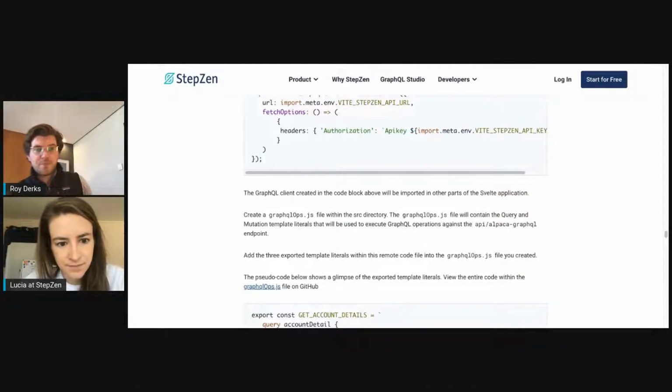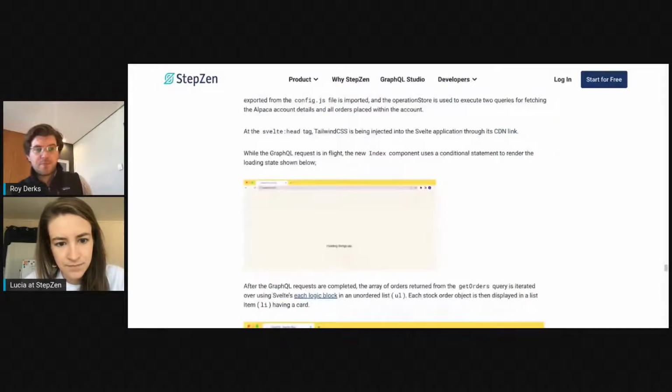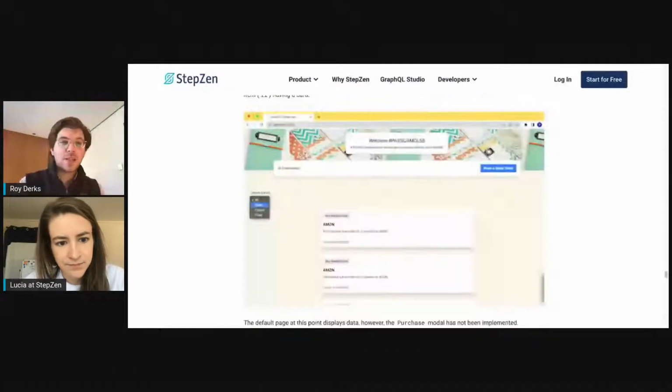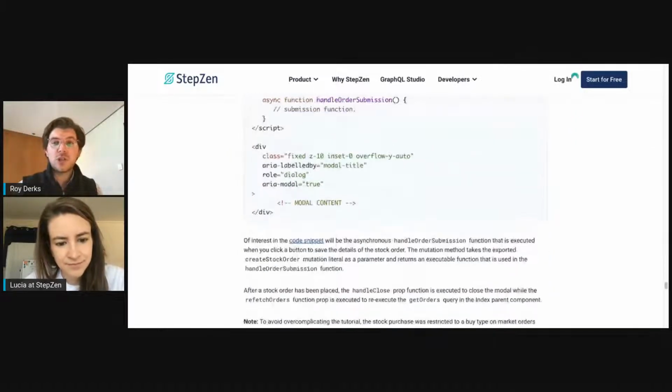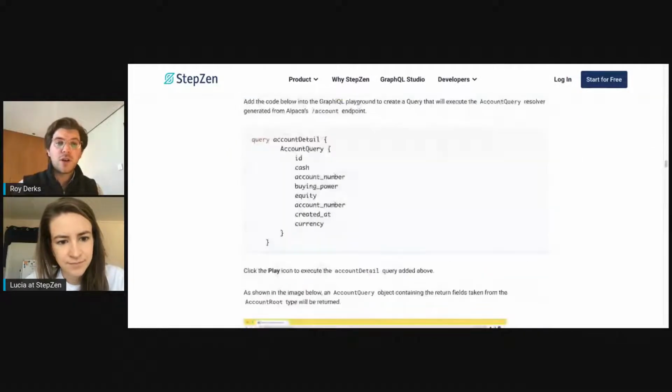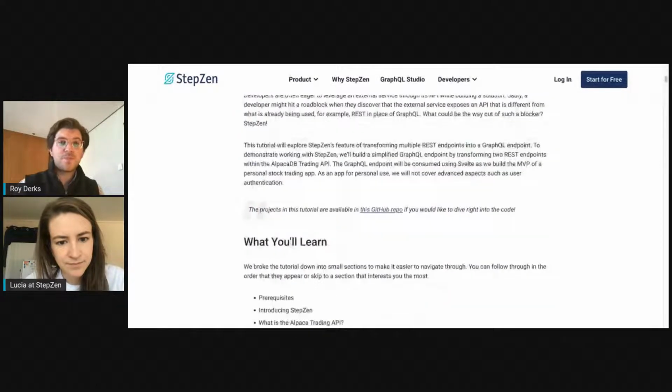And after trying out this tutorial, you'll actually get an application like this, in which you can view all the stocks you purchased using AlpacaDB with GraphQL with StepZen, and then you can display them using this overview with SvelteKit. And I believe there is, well, a link to both the tutorial itself and also to the code on Victory's GitHub repo. So make sure to